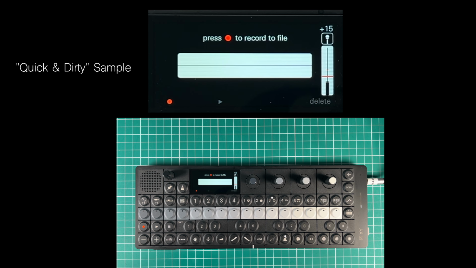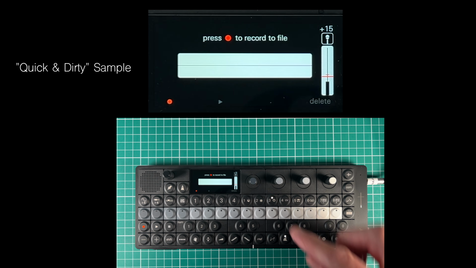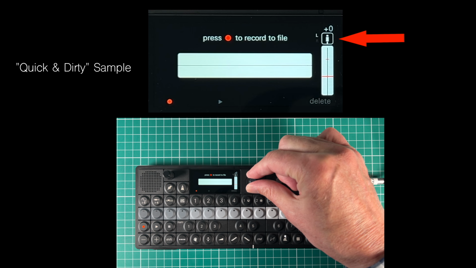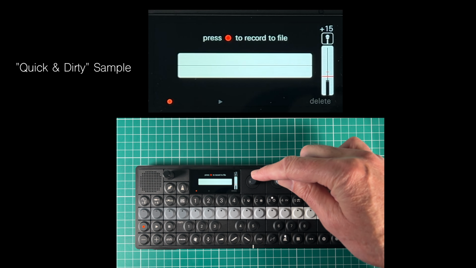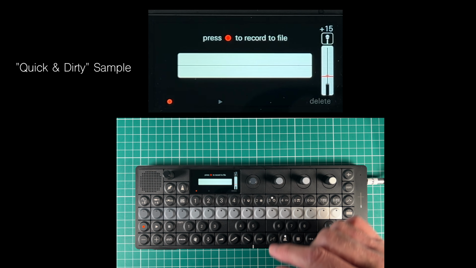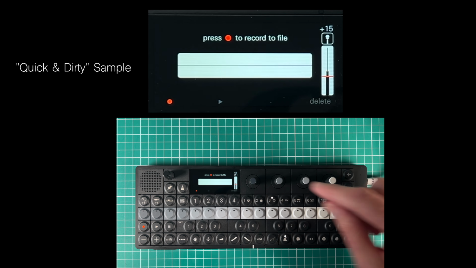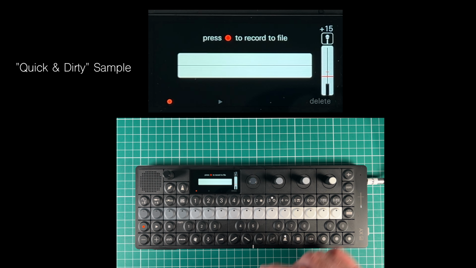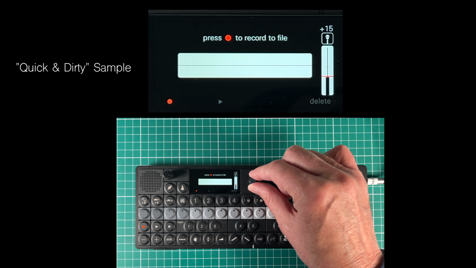Now before we start to record, there's a few things we can set up. The dark grey encoder over here scrolls through all the input sources. At the moment it's set on mic, and you can see level coming through, so that's good. If I wanted to record from other sources, I turn the encoder to the right and that'll take me to